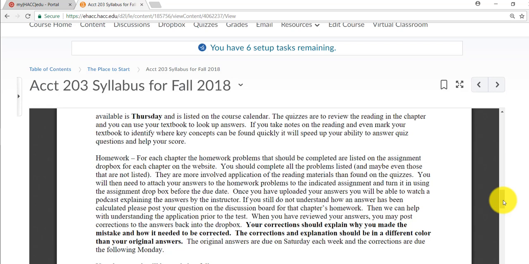So if the original answers are due on Saturday, the updated corrections are due on Monday. And I'm expecting you to be able to show me what your corrections were and explain them in a color, typically red, different from the rest of your homework. So the idea is so I can tell what corrections you made, what you were thinking, where you went off,